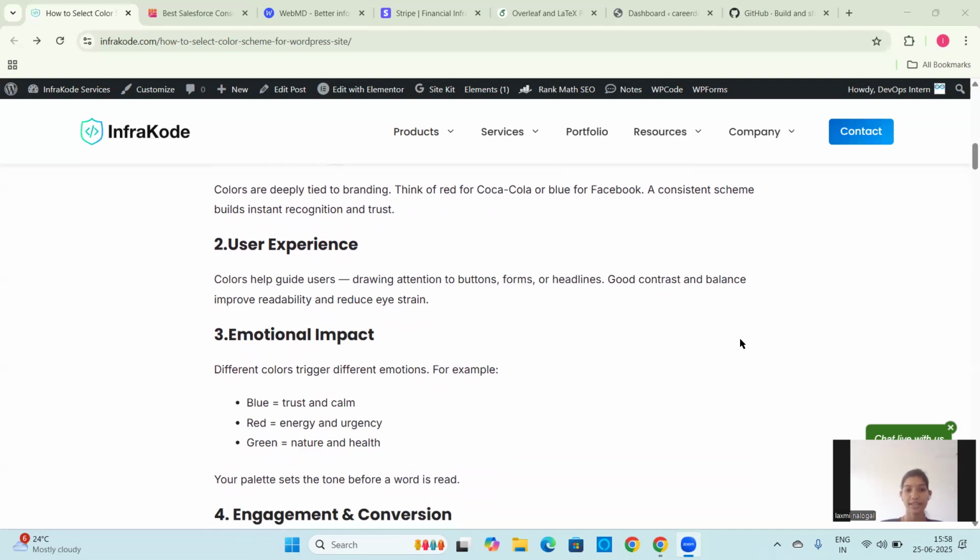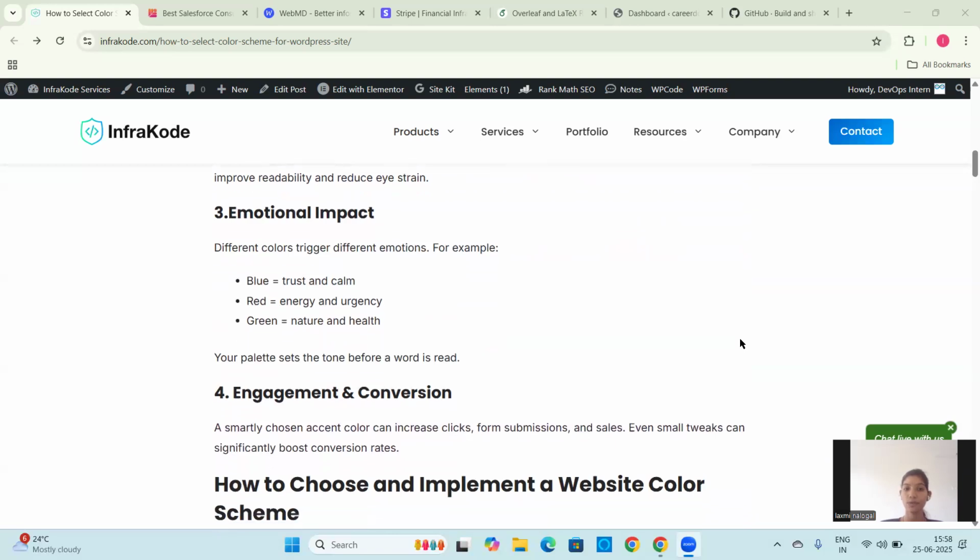So the second thing is user experience. Color helps guide users by drawing attention to buttons, forms, or headlines inside the website. Good contrast and balance improve readability, and also reduce eye strain for users. The third thing is emotional impact. Different colors have different emotions. Blue represents trust and calm.